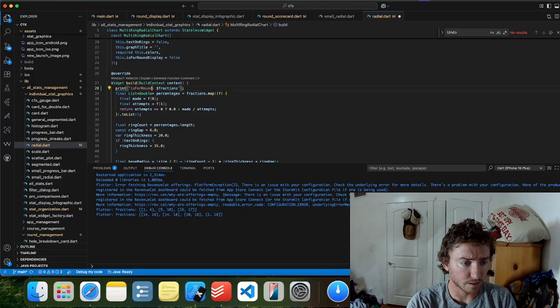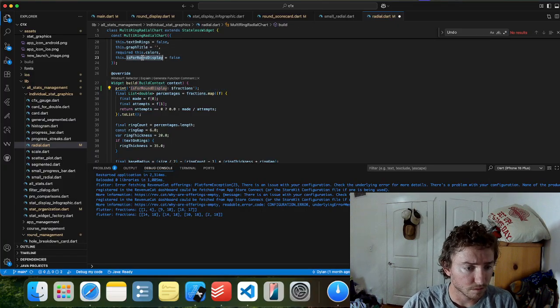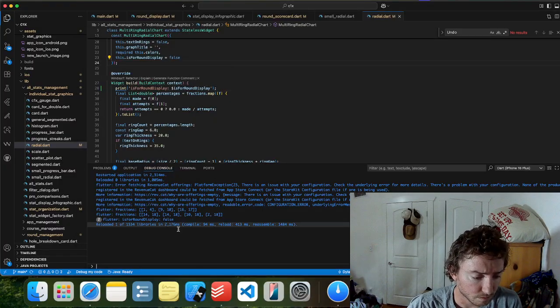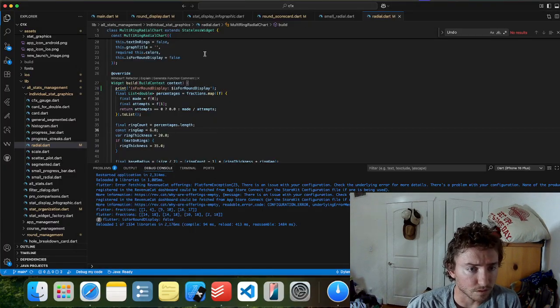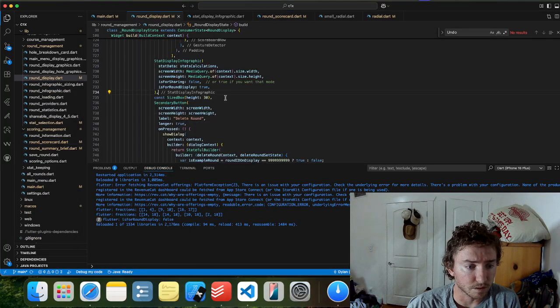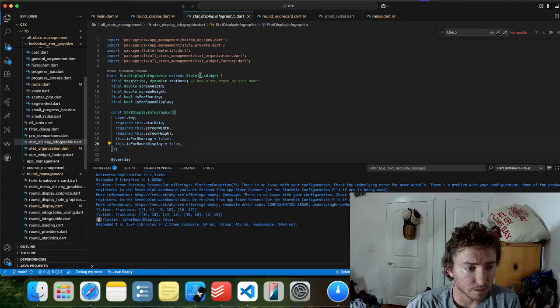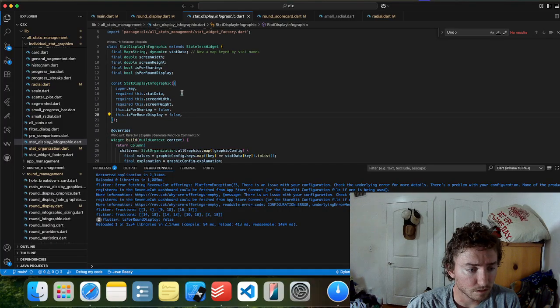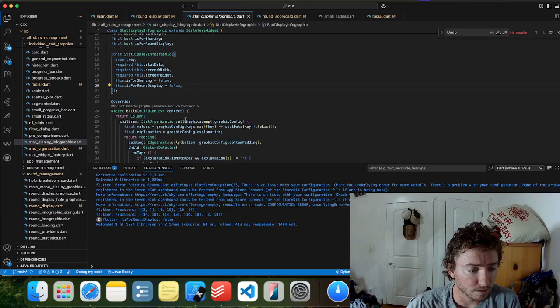Is for round display. Yeah, it is showing us false there, but I'm calling it from the round display view. I pass it as true. Stat display infographic gets called. It should be true there.